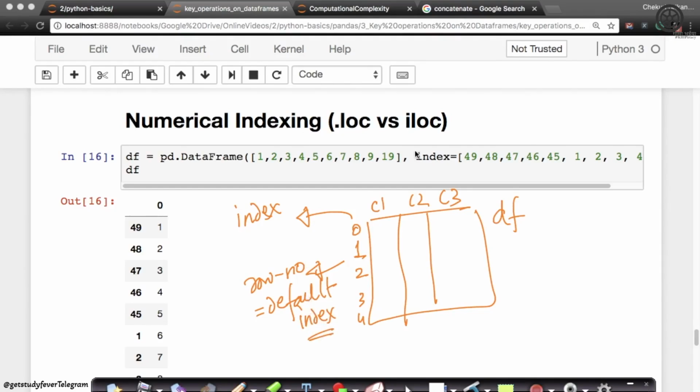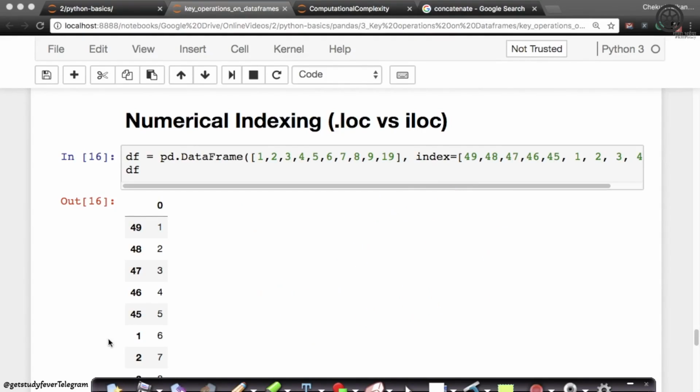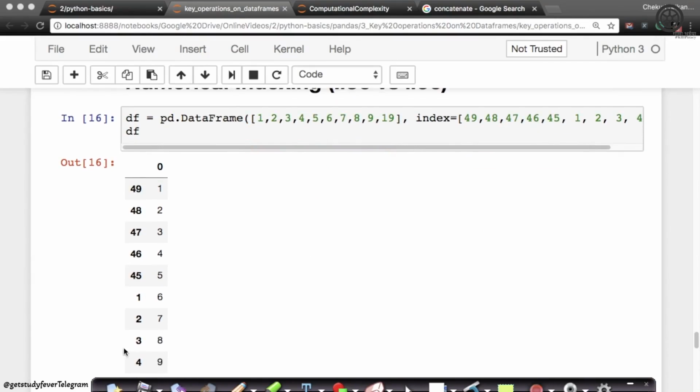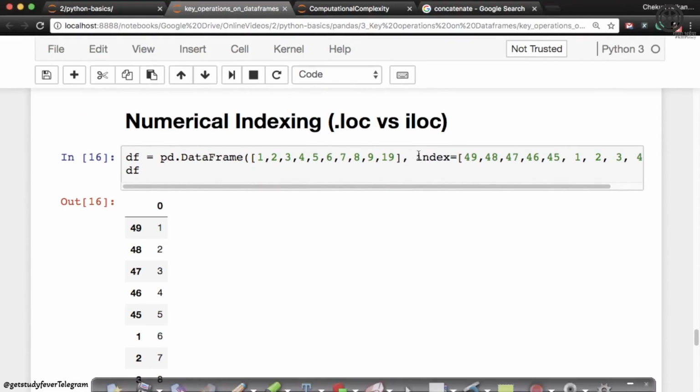But you can write your own index and say, I don't want to use the default index, I want any other index. For example, if I want to create a data frame with these values, and I want the indexes to be this instead of the row numbers, I get a data frame like this.